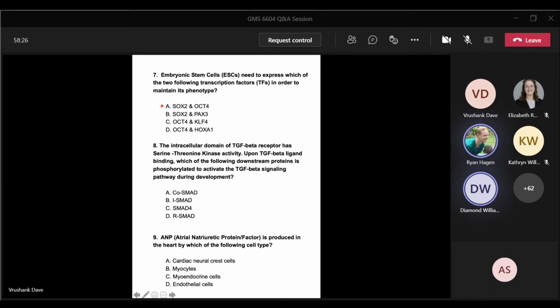Does the R symbolize simply receptor? Yes, it is receptor associated, but also it is not R, but it is R SMAD, which binds directly at the receptor and gets phosphorylated, right? So it's an adapter there. So when you say phosphorylated, there's only one which is phosphorylated, which is SMAD, R SMAD, receptor SMAD.